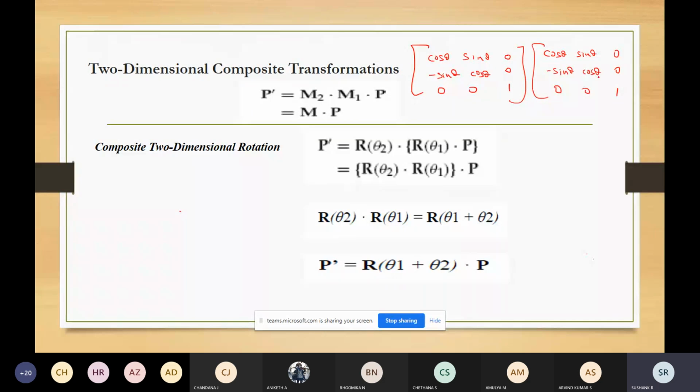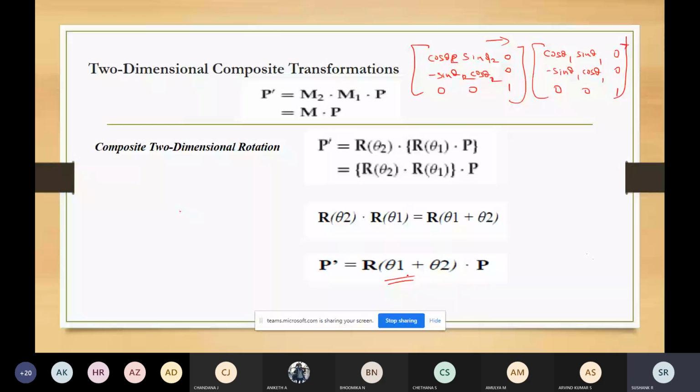So this is R of theta. Now R of theta 1 means wherever theta is there, put theta 1. And theta 2 means, first you have to write theta 2, no? So theta 2 everywhere in one matrix and theta 1 everywhere in the other. If you multiply these two matrices, you'll get the answer, which is the addition of those two angles. So you can try this out.